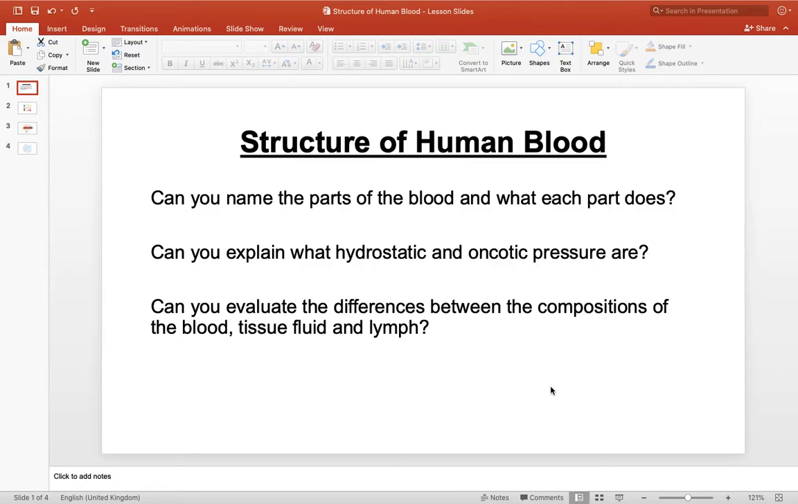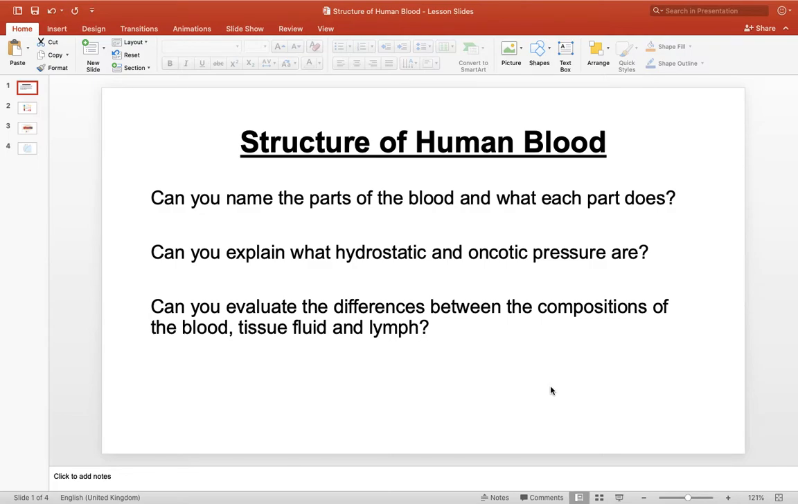Hello and welcome to today's lesson looking at the structure of human blood. In the previous lesson we looked at transport in animals and we spoke about the need for mass transport systems. We spoke about closed circulatory systems and open circulatory systems, and we compared how circulatory systems work in fish, insects and mammals. In today's lesson, we're going to look at the structure of human blood, so specifically looking at mammals,